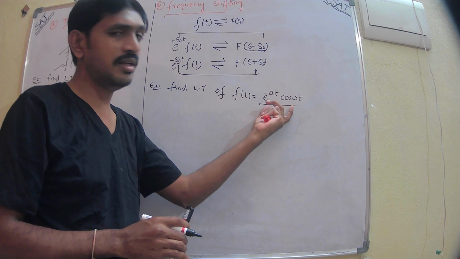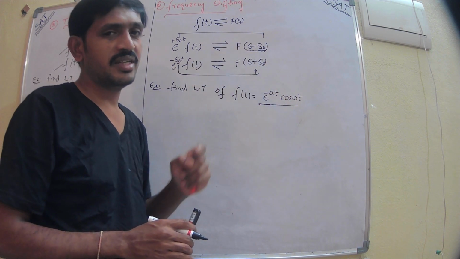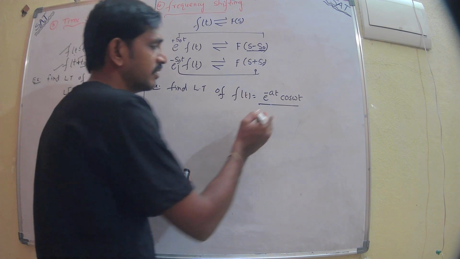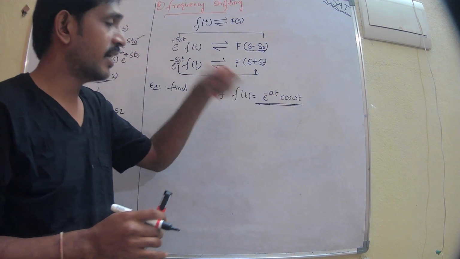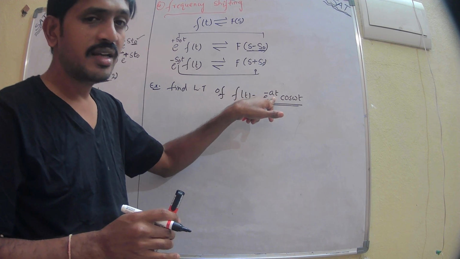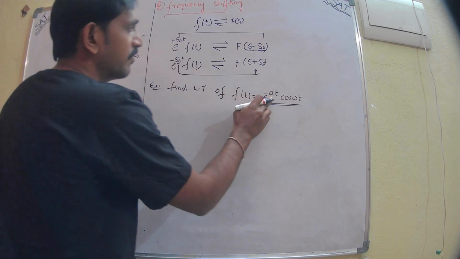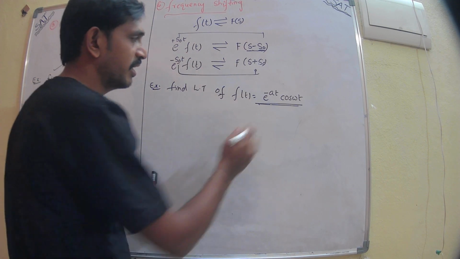Now we can find the Laplace transform by using frequency shifting. In this case, which type of shifting is it, right shifting or left shifting? Definitely it is a right shifting. Sorry, this is a left shifting, by the factor of